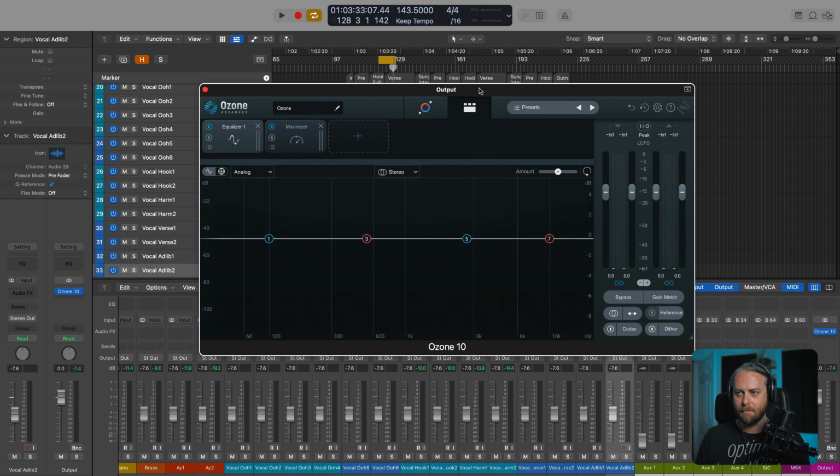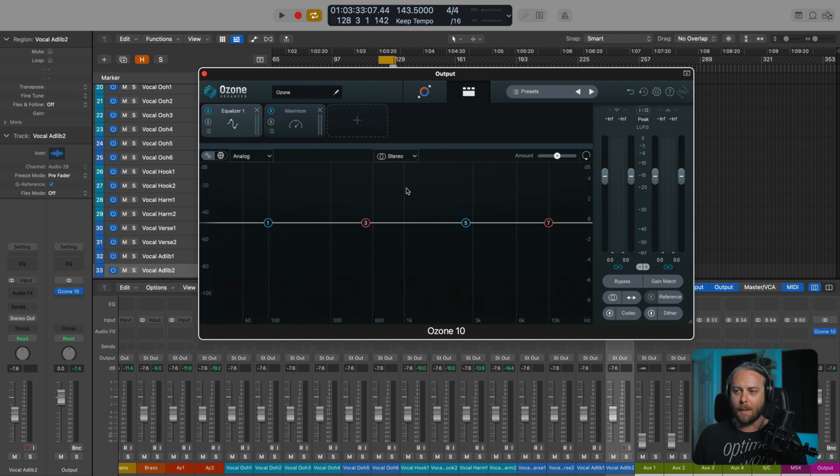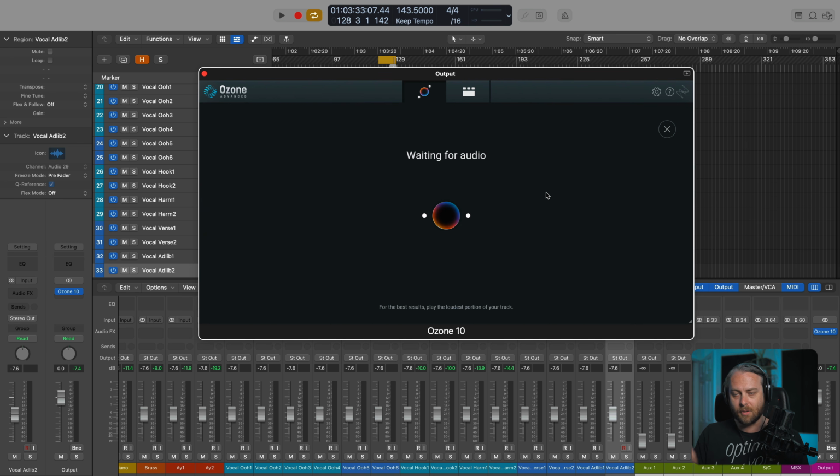Now, when I say this is what most people are familiar with, I'm setting the table because we actually have, I think, a much better and new, frankly, starting point with our Assistant view right here. So if I click on this tab, now I have this screen. We have an animation here. It's in idle mode, just pulsing back and forth. It's asking us to play some audio. It's waiting for us to give it something to train itself on. And that's how the Assistant works.